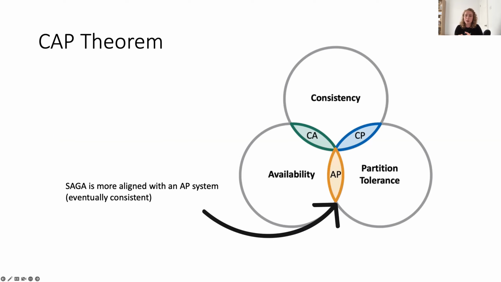If you've not come across the CAP theorem before, I definitely recommend checking it out. There's lots of resources online that will enable you to read up more about this. But essentially what this theorem states is that we can't prioritize all three of these individual factors. We have to be somewhere in the middle, compromising on at least one of them. And so that's where these acronyms of CA, CP, and AP come from, depending on which factor you end up compromising on. In this case, we can't have strong consistency because we are prioritizing availability and partition tolerance. So we're more aligned with an AP system. Definitely go check it out if that's interesting to you.